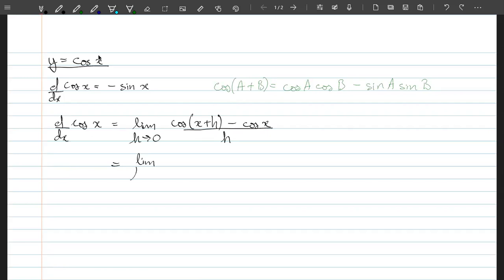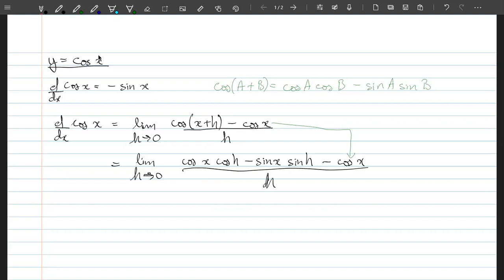So we have limit as h approaches 0, cos x cos h minus sin x sin h minus of cos x, that is this term, divided by